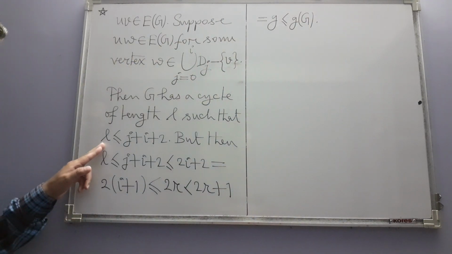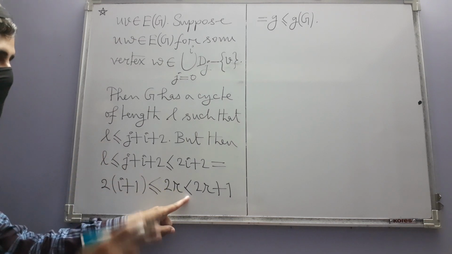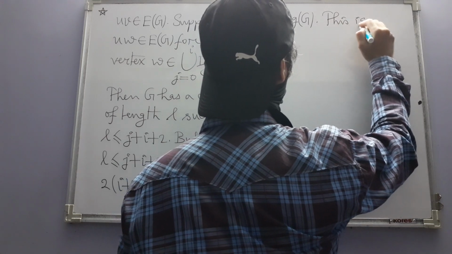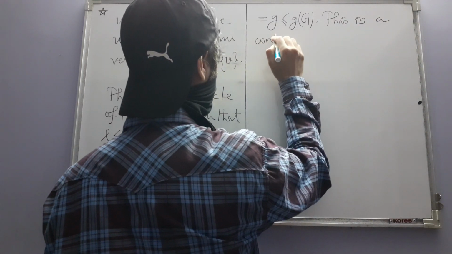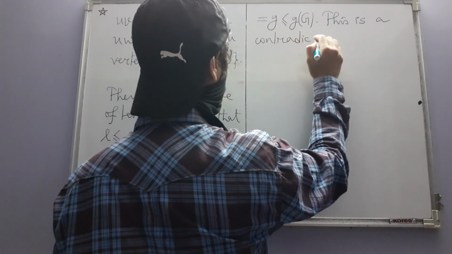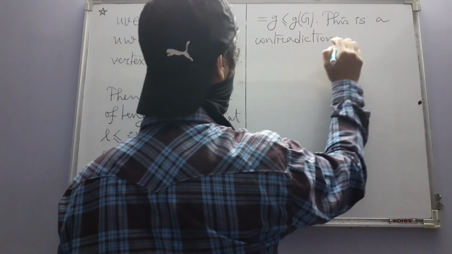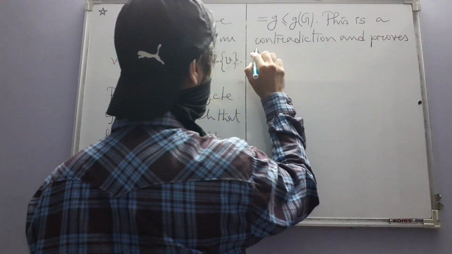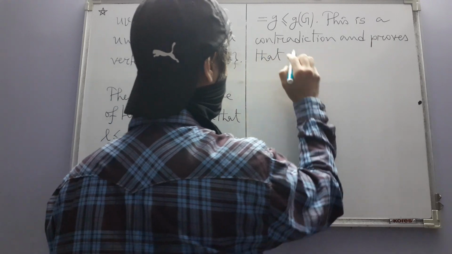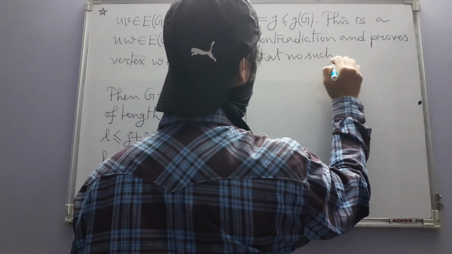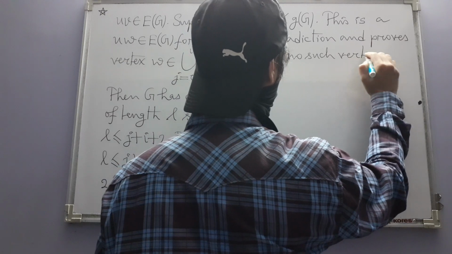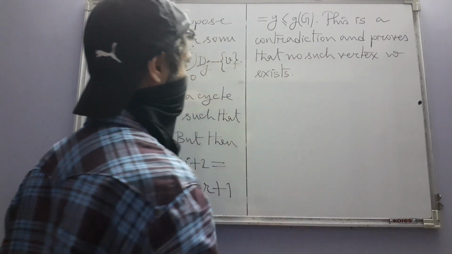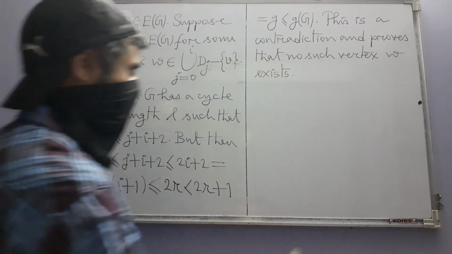Okay, so we have found a cycle of length L that is less than the girth. This is a contradiction and proves that no such vertex W exists. Hence,